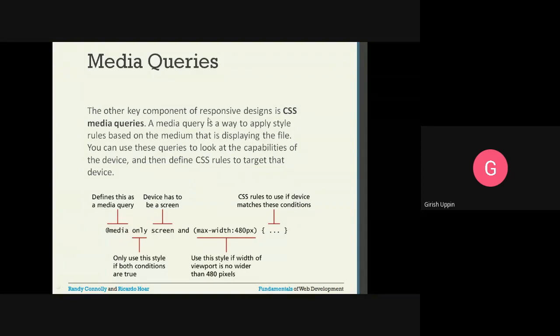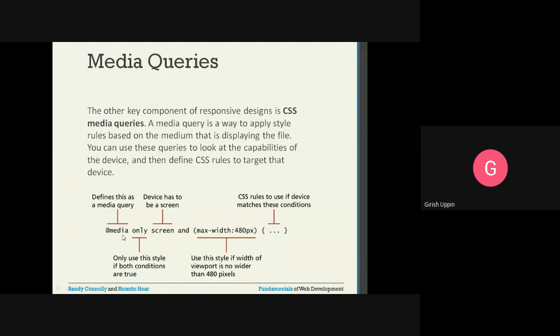So as I told you, we can have custom CSS rules according to the medium where it is getting displayed. If it is a smaller screen, we can have a different set of CSS rules. If it is a larger screen or a medium screen, according to the size of the particular screen, we can customize the CSS rules using media queries.